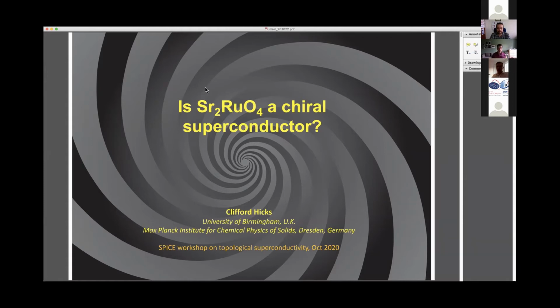First, I want to start with the general slide on why we are interested in chiral superconductivity. In most of this conference, the theme has been trying to create topological superconductivity and then finding ways to use that. I want to look a bit in the other direction. What does it mean when we have a chiral superconductor in terms of the mechanisms of superconductivity?